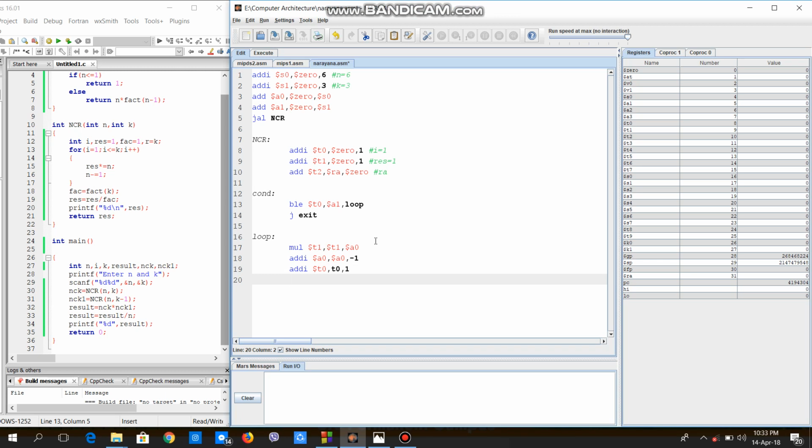So I'm done with this loop, and then I'll jump back to the condition, because in this loop we can see that we increase the value of i and then check whether the condition is true or not. So we are done with this part. So I will now write the exit that I have written here in the condition. So the exit part would be